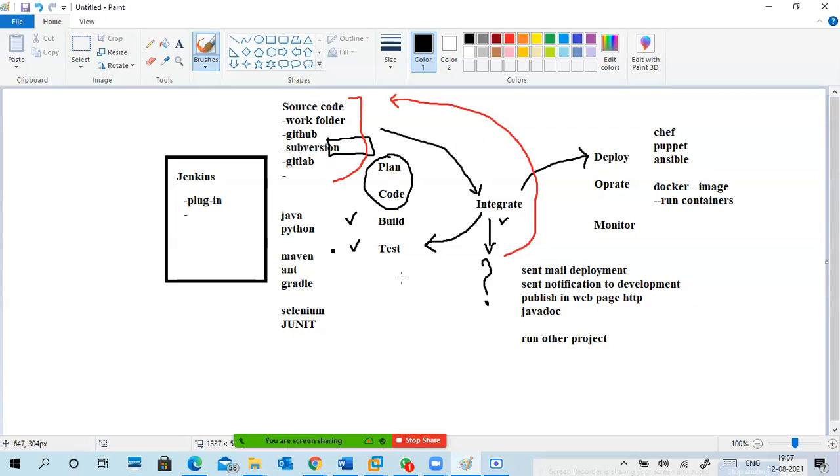The second one is that sometimes the project needs some changes, meaning the build related information, we have to change it. So then obviously